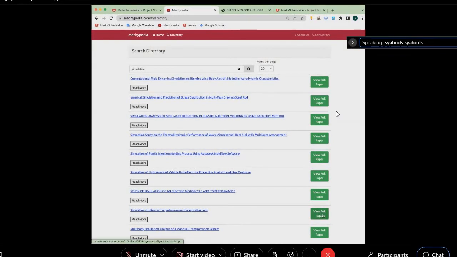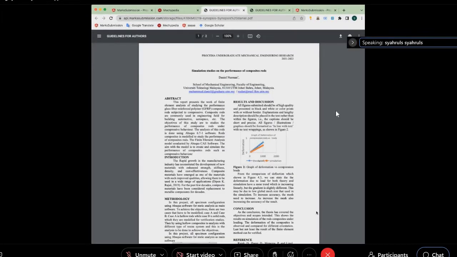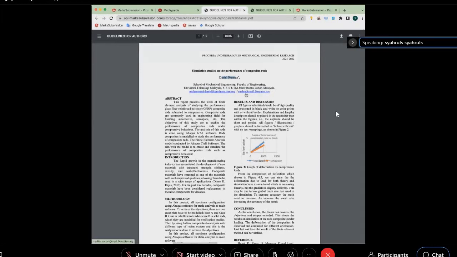So, and then you click the view full paper here. From here, this is Daniel Nurman, which means the student's name, but from the email here, you know that this email belongs to Dr. Ruslan from the solid mechanics panel. So for SEMM students, if you like this kind of research, you need to choose the solid mechanics panel